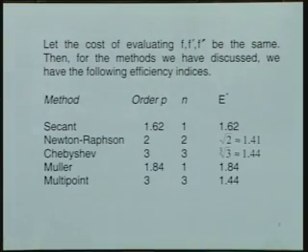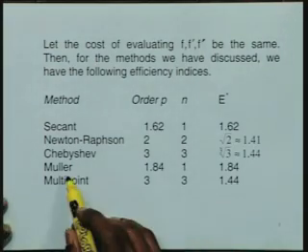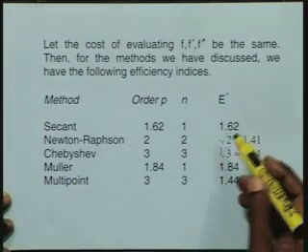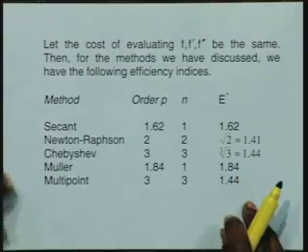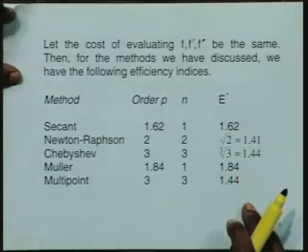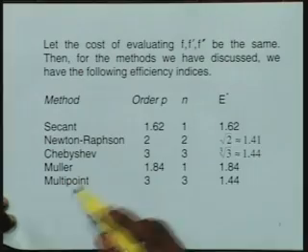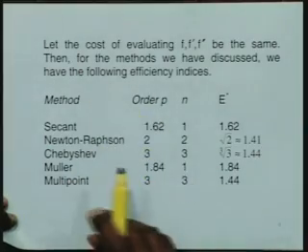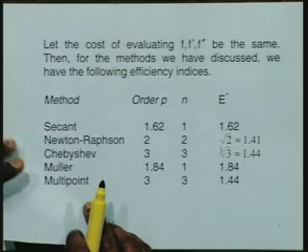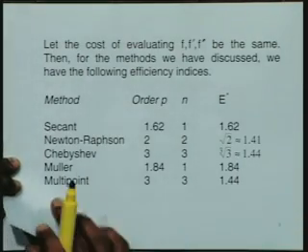Now from the viewpoint of Traub, it looks as though the Muller method is the best because it has the best efficiency index. However, if you look at the total computation, the other methods would score because there are other factors besides just this particular way of looking at it. Therefore, as I said, this is one way of looking at it, but this does not say that Muller is the best method for computation.